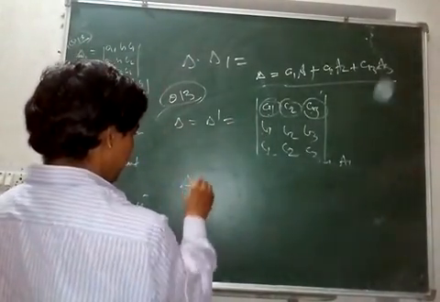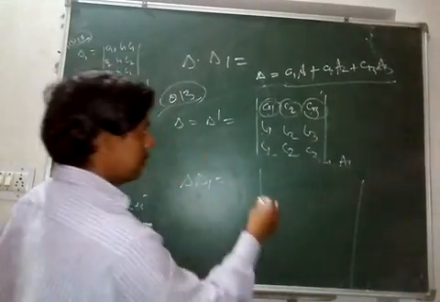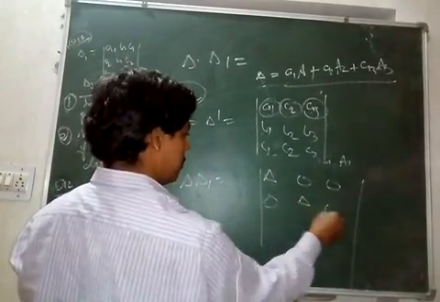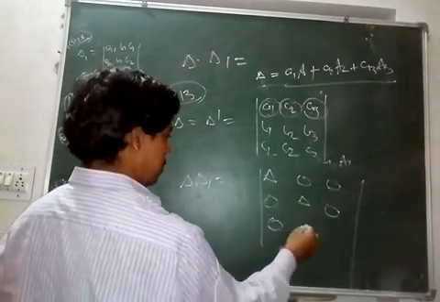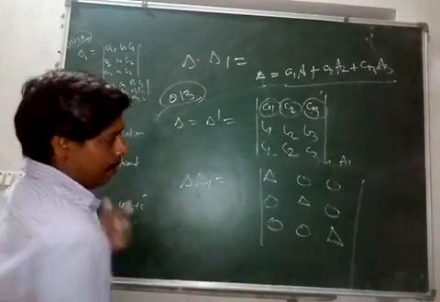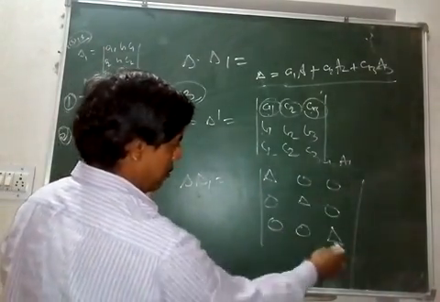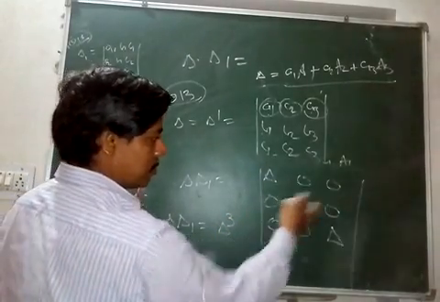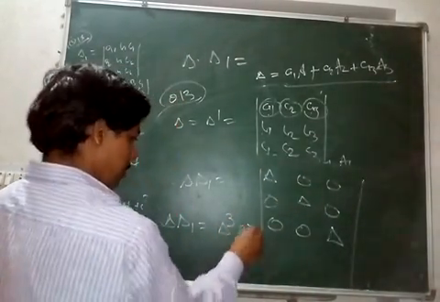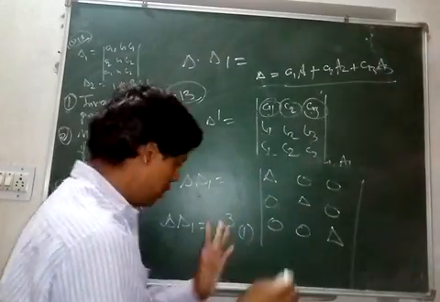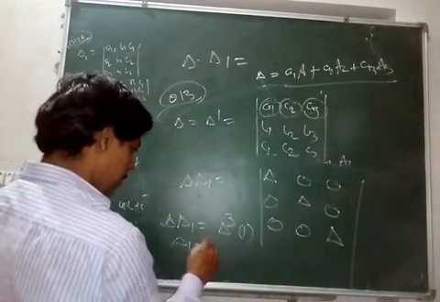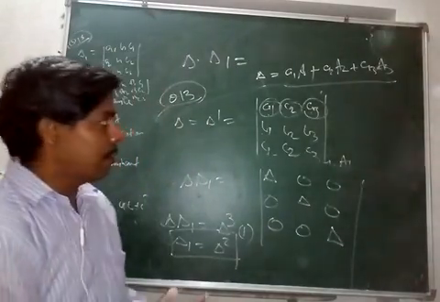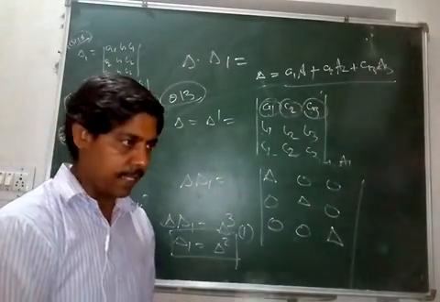So if you just multiply delta and delta 1, what you will get is delta, 0, 0; 0, delta, 0; and 0, 0, delta. Now you can take delta common from here, delta common from here, delta common from here. So you will get delta times delta 1 is equal to delta cube into the determinant 1 0 0, 0 1 0, 0 0 1. Identity matrix, if you take the determinant, it is 1. So from here you can write delta 1 is equal to delta square. This is question 13. You should try that, and we'll discuss this in detail in the next class.